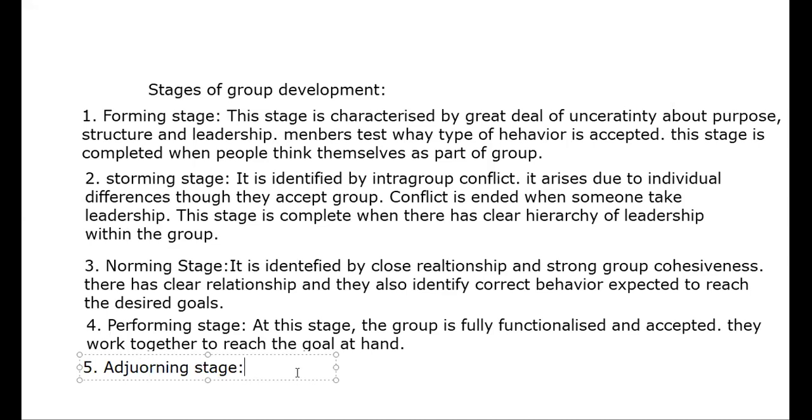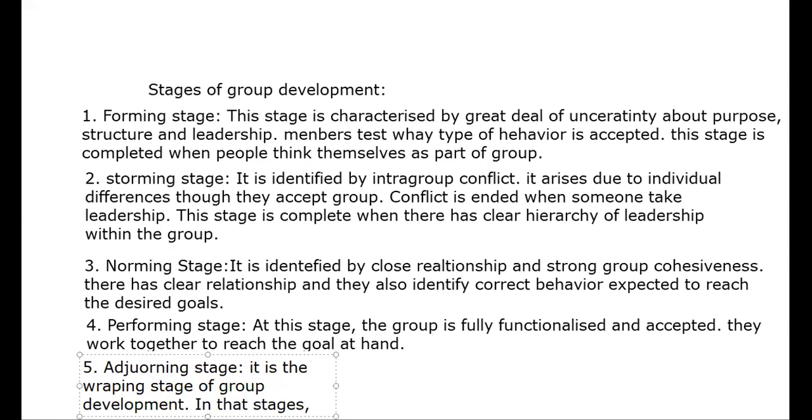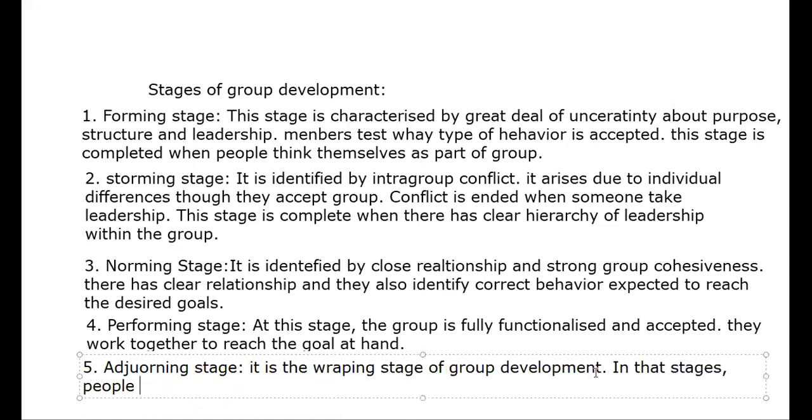adjourning, it is the wrapping stage of group development. In that stage, people dissolve. Sorry, indecisive people leave the group, leave that group, and try to form a new group with new goals. So